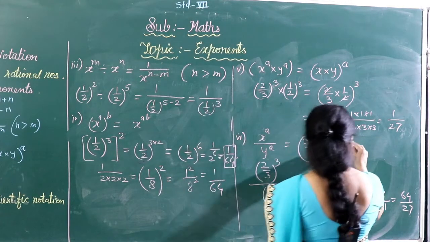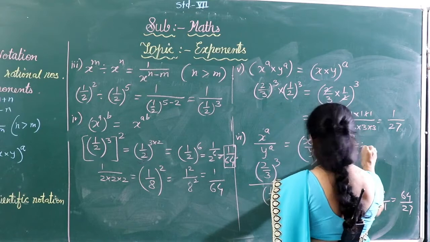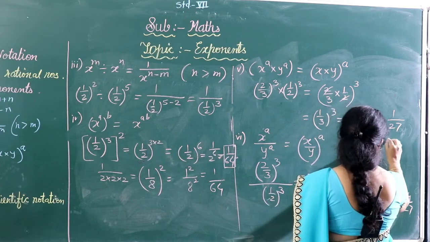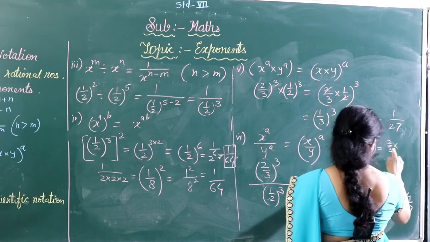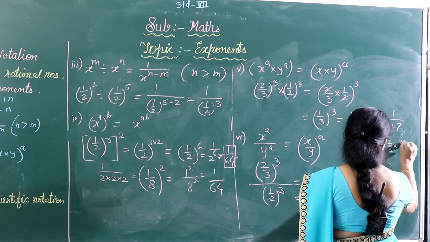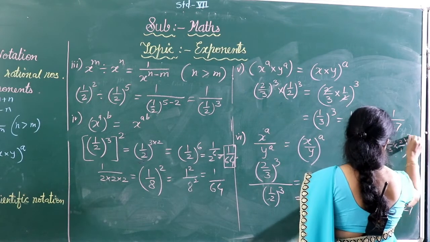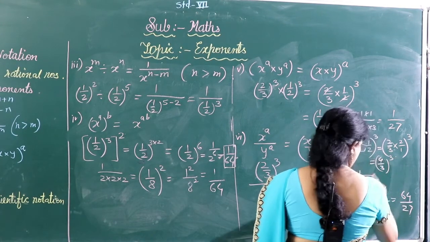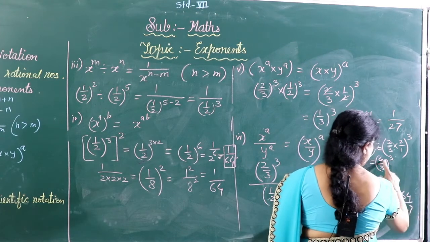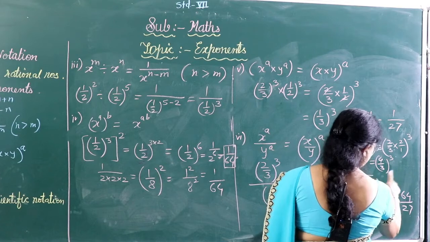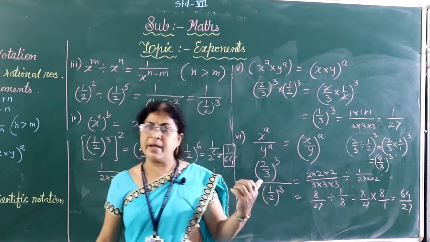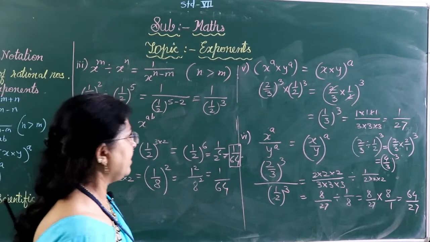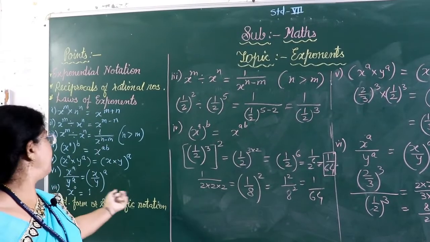And according to the law you can write 2 by 3 divided by 1 upon 2 raised to the power 3, right? How will you get it? 2 by 3, change the sign of division to multiplication and take the reciprocal of this: 2 upon 1 raised to the power 3. Now what answer will you get? 2 2s are 4 by 3 raised to the power 3. 4 cube means 64, 4 into 4 into 4 comes 64. 3 into 3 into 3 comes 27. So we got the same answer by both methods. Okay, but in this chapter we are going to apply the laws of exponents and then solve.